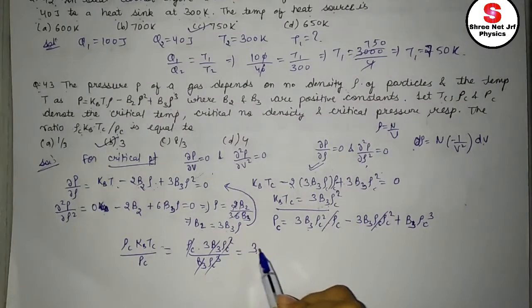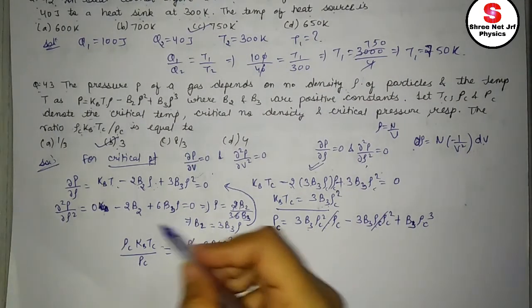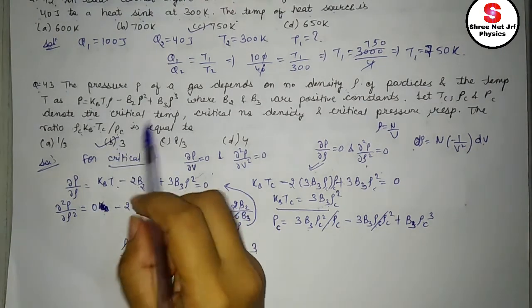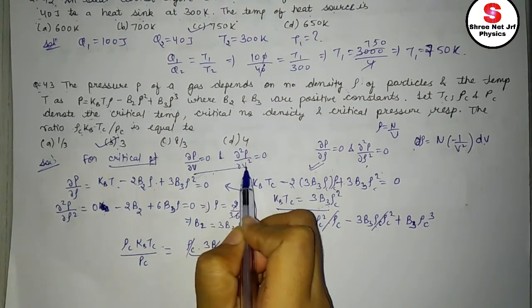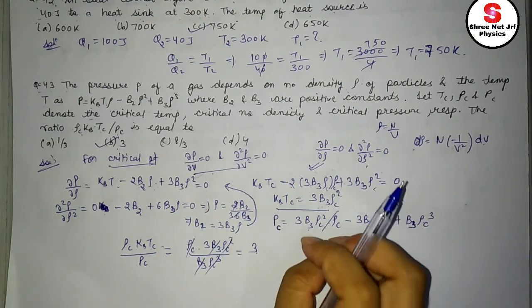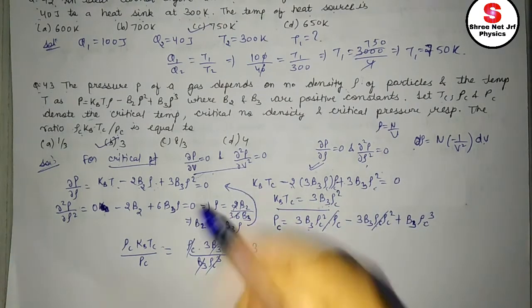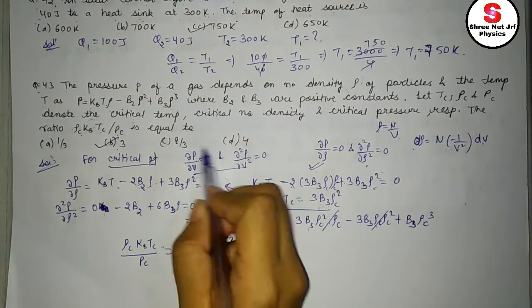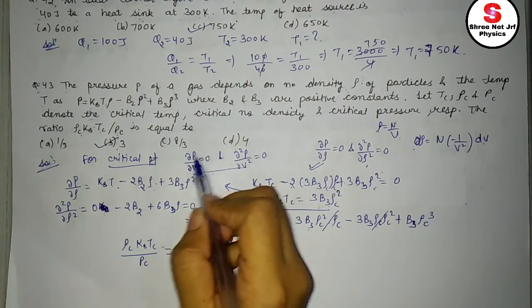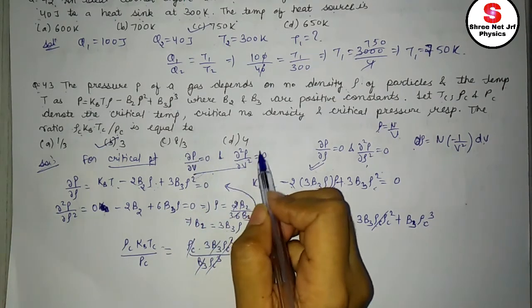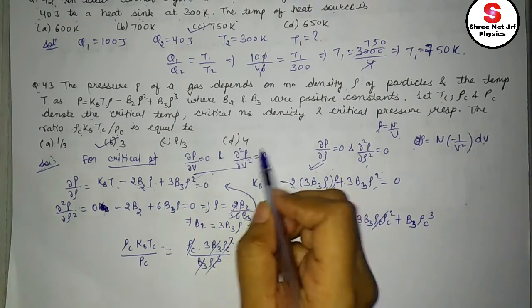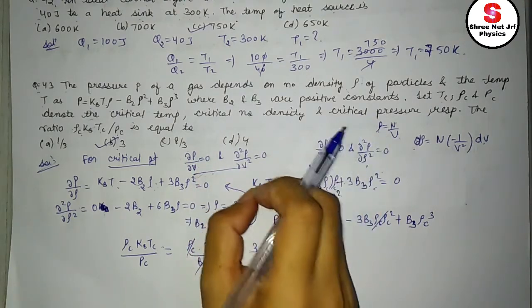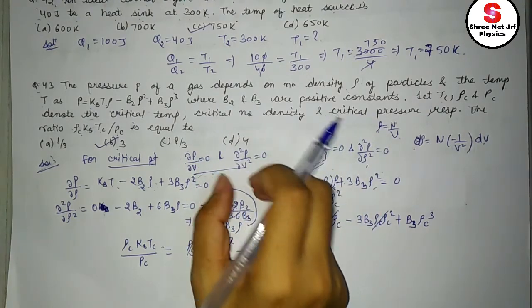I hope it will be clear to you. Here I did some calculation mistake, but I corrected it on time. You can use this other method also. The thing is already the same, but still let me tell. When you use this, just put ρ equals N by V. What you get from it, let it be equation 1. What you get from this, let it be equation 2. Then you will add these two equations. I have already solved this, so I am telling you what steps you need to follow.